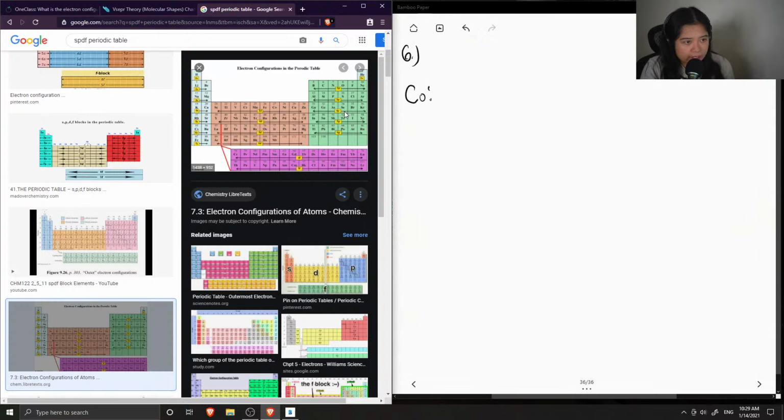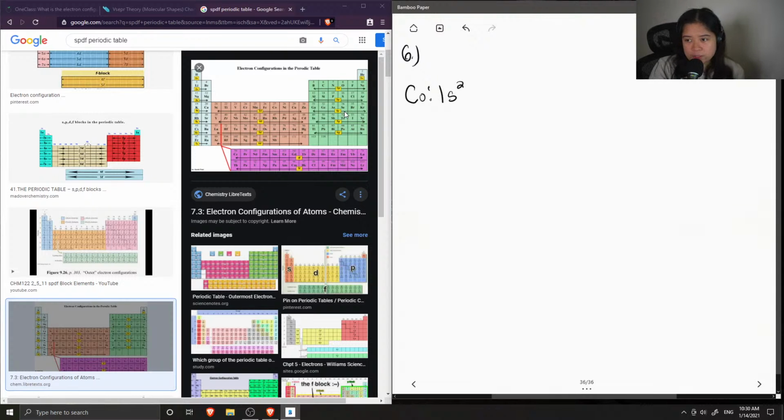So starting from hydrogen, we're going to move left to right, writing the row number and then the block letter. So we have 1s2, and the superscript tells us how many electrons are in that subshell. So we have 1s2, and then onto the next row, 2s2,